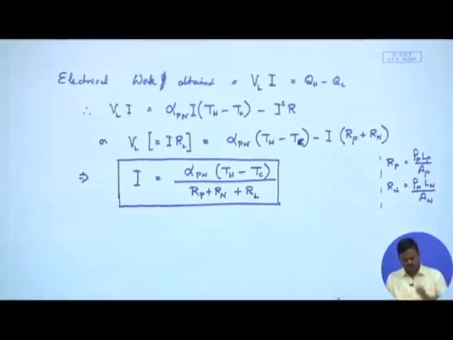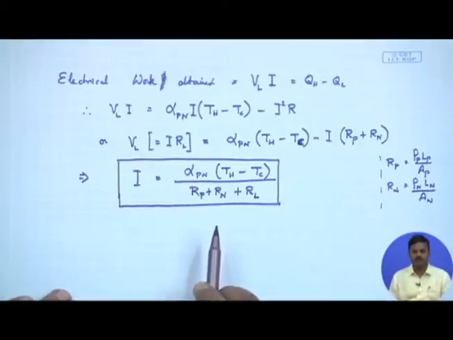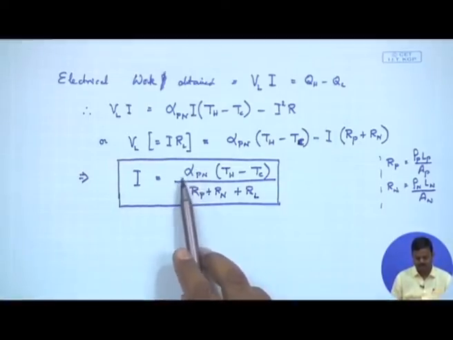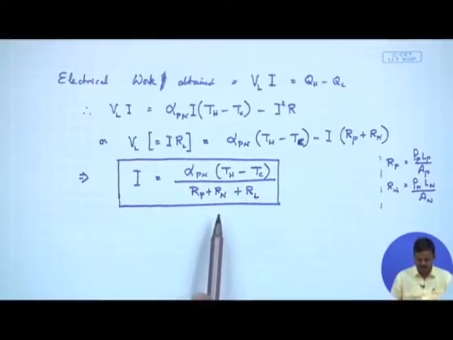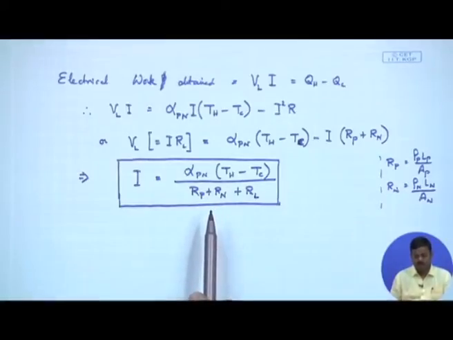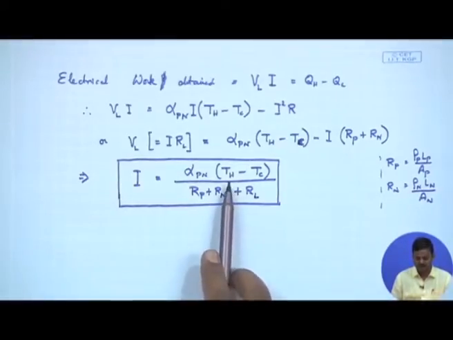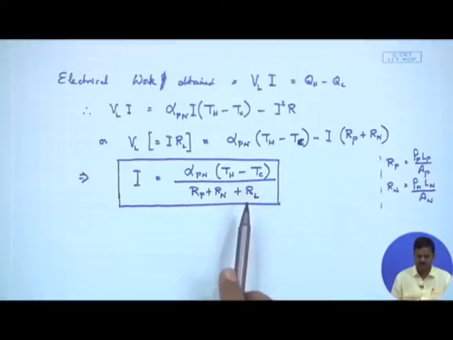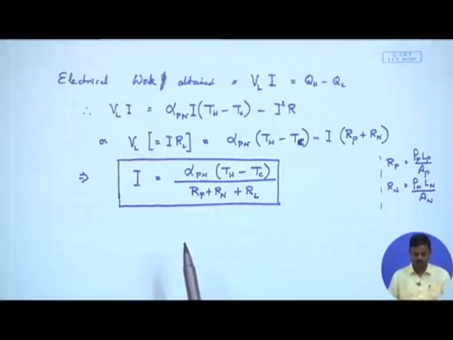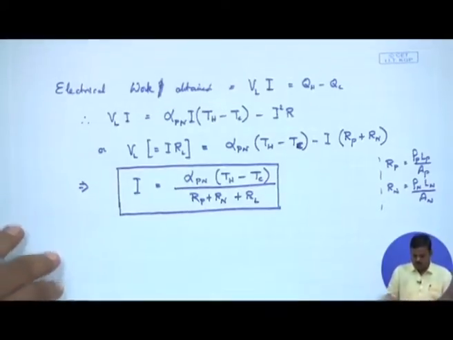Clear? So, the current depends on all these parameters. It depends, once again, on the material properties in terms of the Seebeck coefficient as well as the electrical resistivities of the P and N elements. It depends on the geometric dimensions, like the length and cross sectional area of the P and N elements. And finally, it also depends on the temperature difference, of course very very important, and finally the external load. Clear? So, next we will continue our analysis